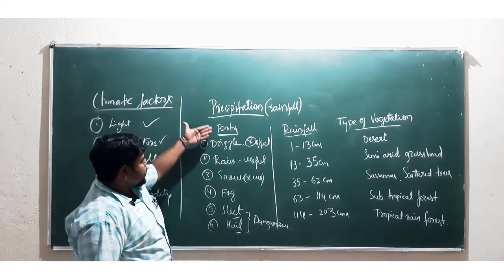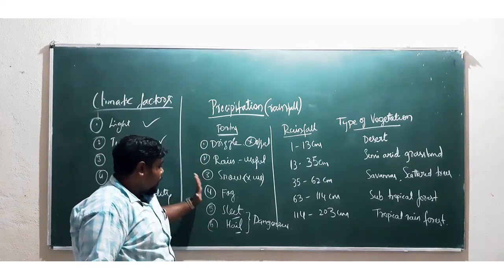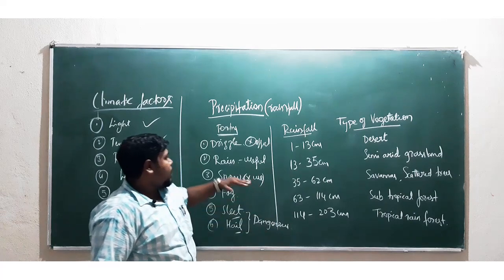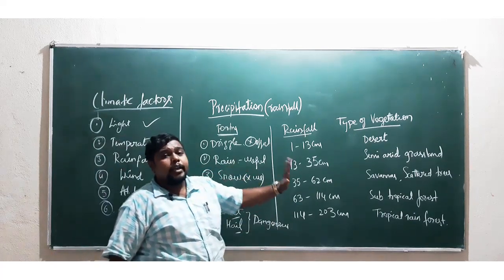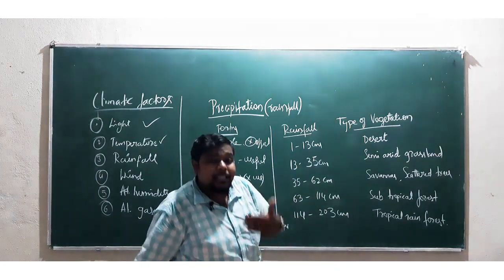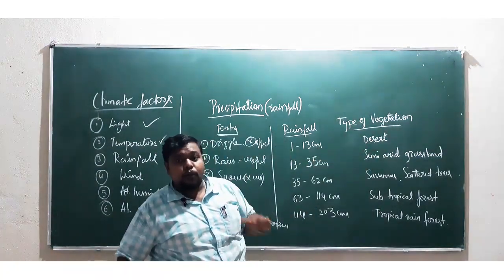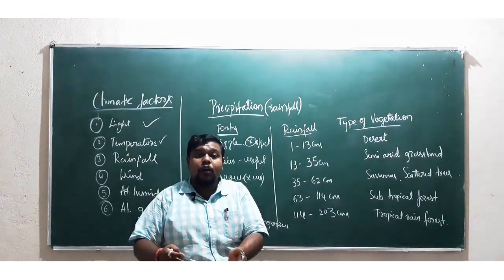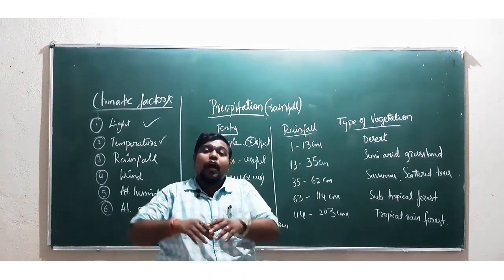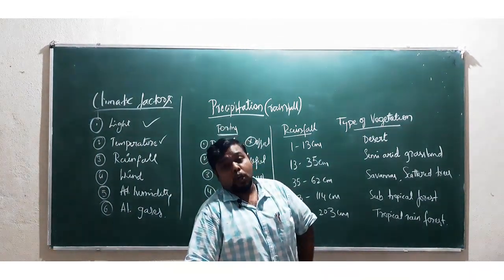So out of the various forms of rainfall, we have many types, and out of them only 2 are more dangerous, and this rain is very useful for the plant here. And now we will understand what the various types of vegetation are according to the rainfall. Throughout India, we have various rainfall and various vegetation, and we cannot consider only India here, we can consider the whole world also.